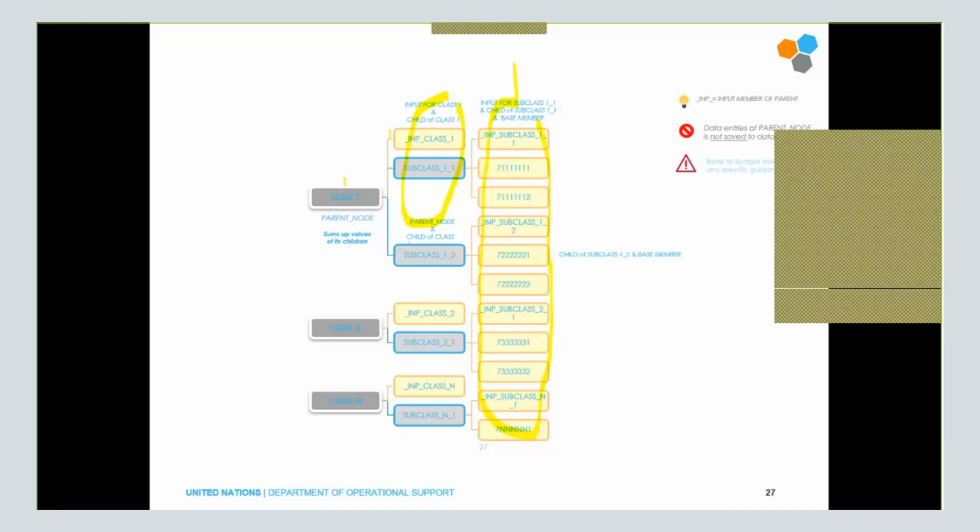Okay, and then you will see the consolidated information at the class level. And as well, if you see this IMP classing, this is the direct input for the class, and we are not going to use it, but it's there, so you have to be careful when you see it, that it starts with IMP.